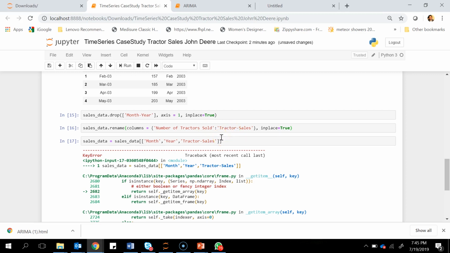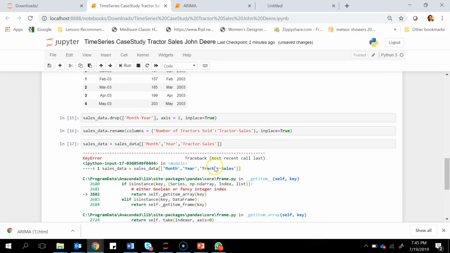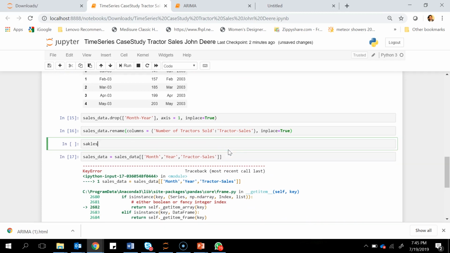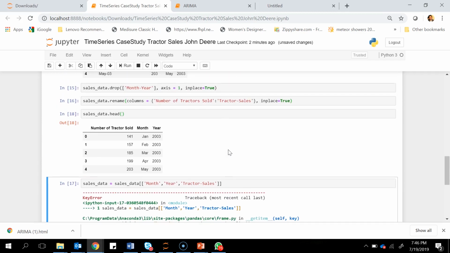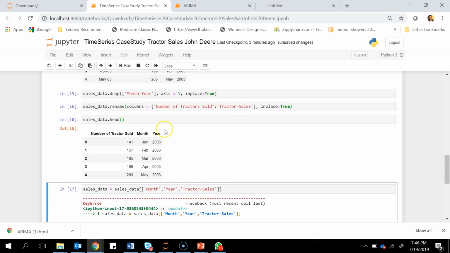So we need to figure out what went wrong here. It's saying that it is not there. So let's run the sales data before this to see whether it has been renamed or not. .head, Number of Tractors Sold, right? So it has not been renamed so far. That's the reason it is giving you an error.